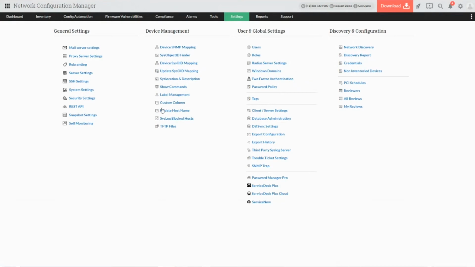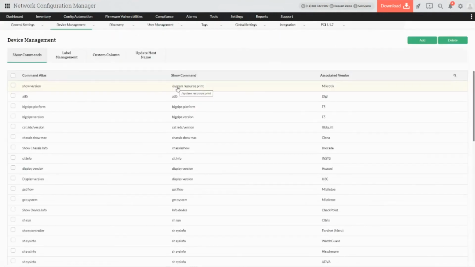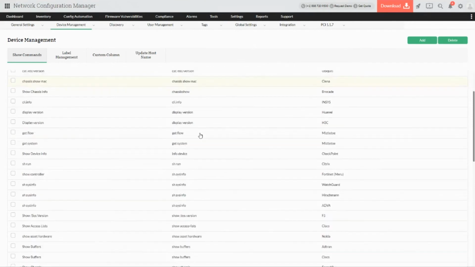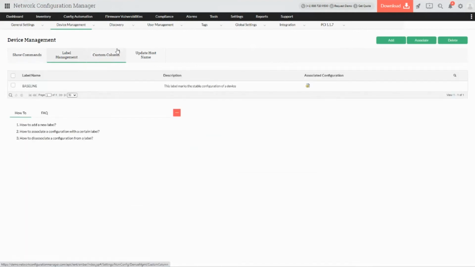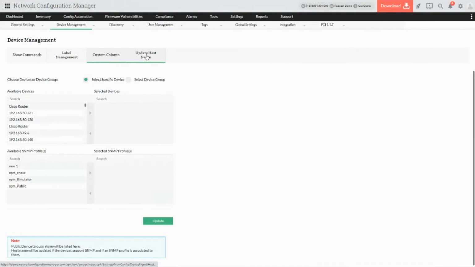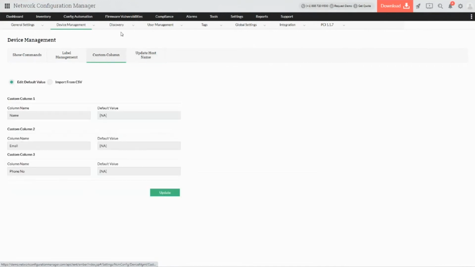And likewise, when we talk about device SNMP mapping or system OIDs or device template matching, you can easily know and understand them. And if you want to understand what commands are used by NCM to view different information or different settings, for example, what command is used to take the backups or which command is used to get the firmware version, we have the show command tab, which gives you all the commands that we use within the NCM to get the respective information, which we show in the UI. And likewise, if you want to update certain commands, you can do them. You can have a custom column and perform it accordingly.